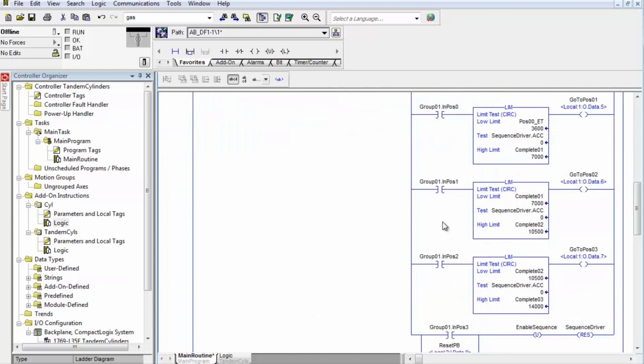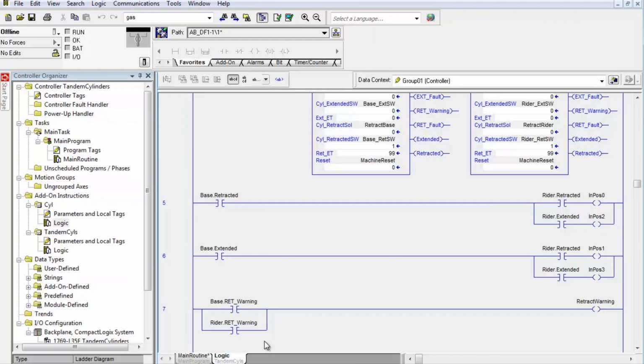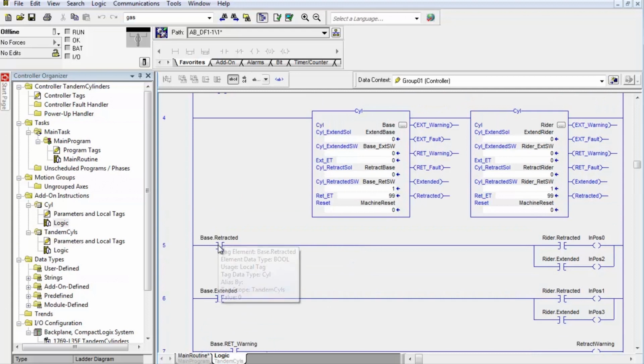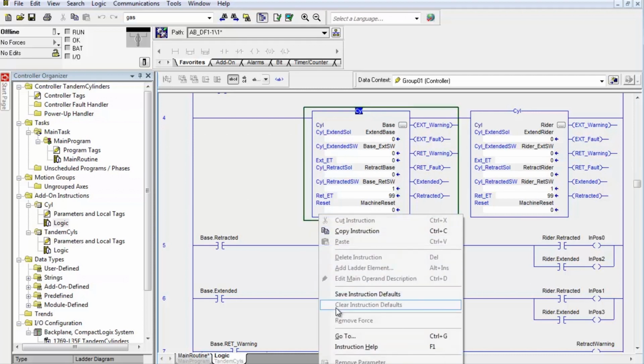The problem is they won't show up correctly because these tags right here, base retracted, base extended, rider retracted, rider extended, are tags that are accessed out of these two add-on instructions that are nested in this add-on instruction. If I open up one of these,